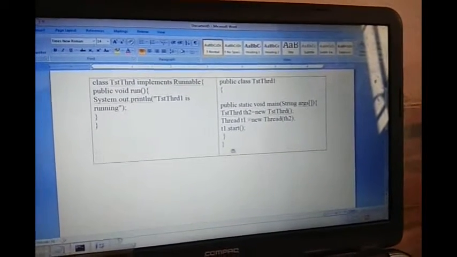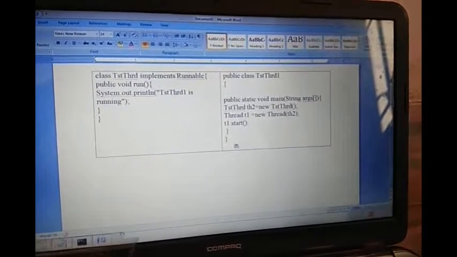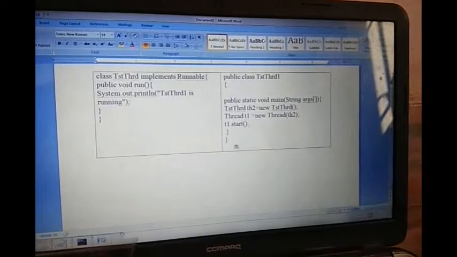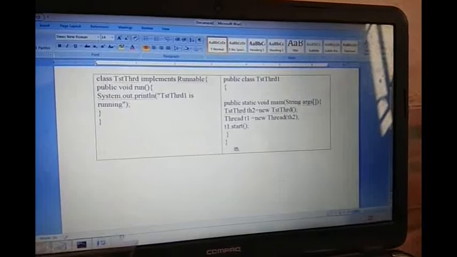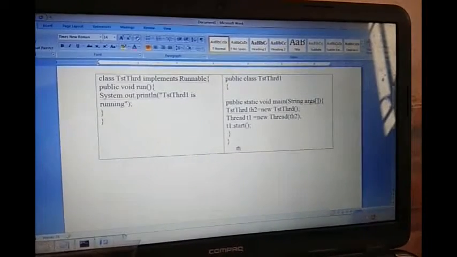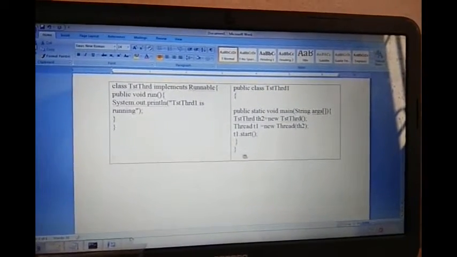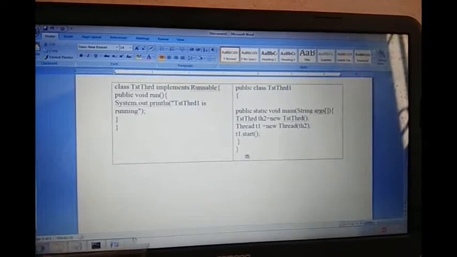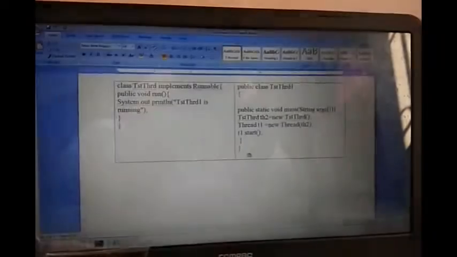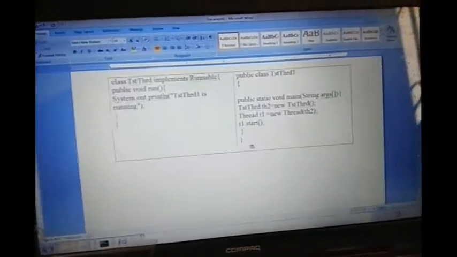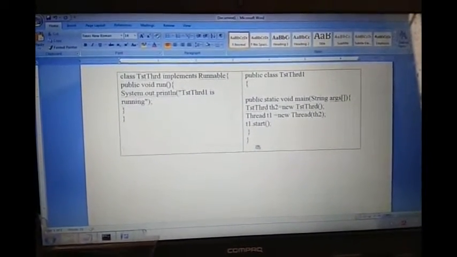Today we are going to discuss the second way of creating thread. In the previous lecture we implemented thread using the extended thread class, but now we are going to discuss the process of thread creation using the runnable interface. The process is very simple, and you can think of there is a class tst thread that implements runnable,